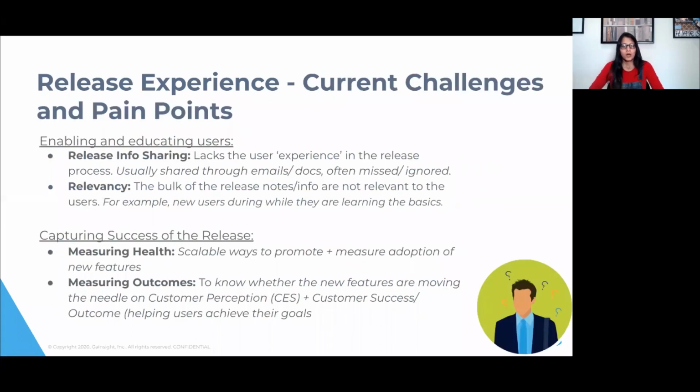All right. With that, moving on to what are some of the current challenges and pain points today, that may not be allowing us to focus on some of the things that we discussed in the prior slides, right? So again, the first bucket here is really enabling and educating the users is one of the current challenges. So the first point that comes to mind around that is how do we share that information around the release, right? Like today, most of those release announcements are done through simple emails, which actually lacks the experience in